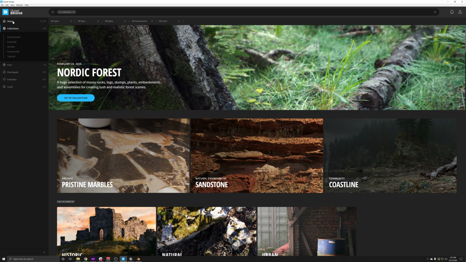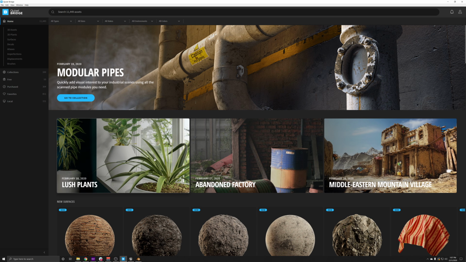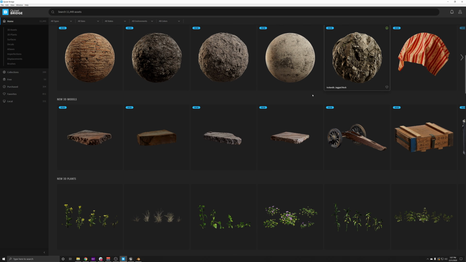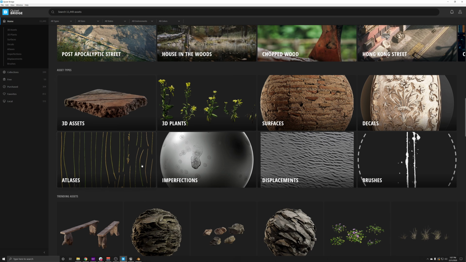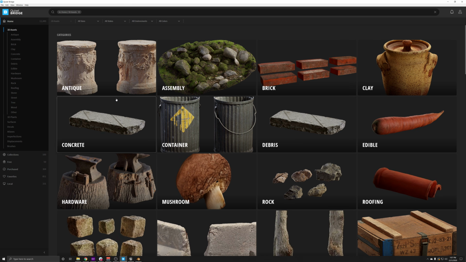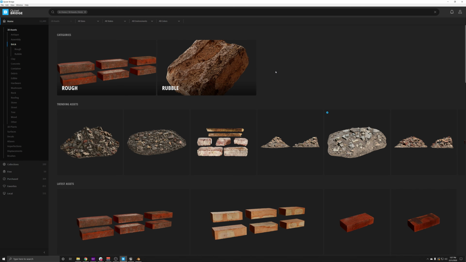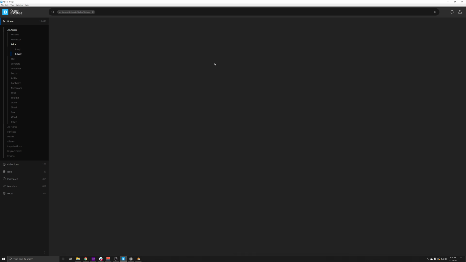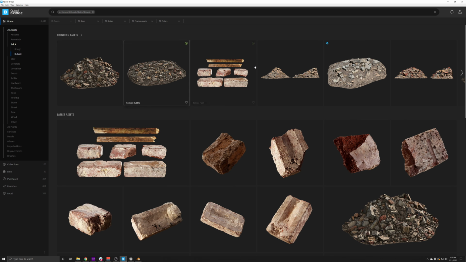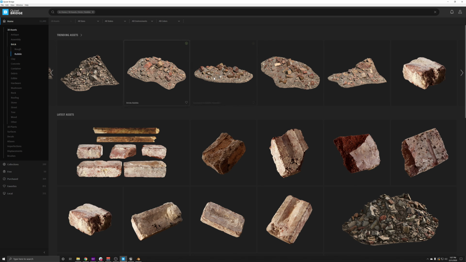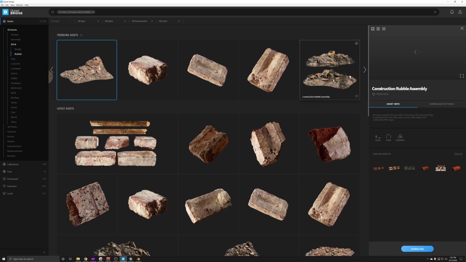All right. So the next thing, we kind of touched on it just a little bit, but there's a few different ways that we can go about searching. So one way we can go about searching is right here in the middle. We can click on each one of these assets, or we can do 3D assets, search for all the 3D assets. Say we want that 3D asset to be bricks. So we click on bricks, and we want that 3D asset to be part of rubble. We can just do that, and we can scroll through and then see what our trending assets are here. I like this one. We'll select that.